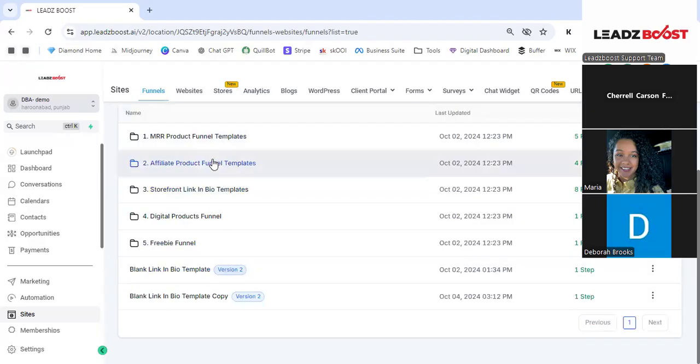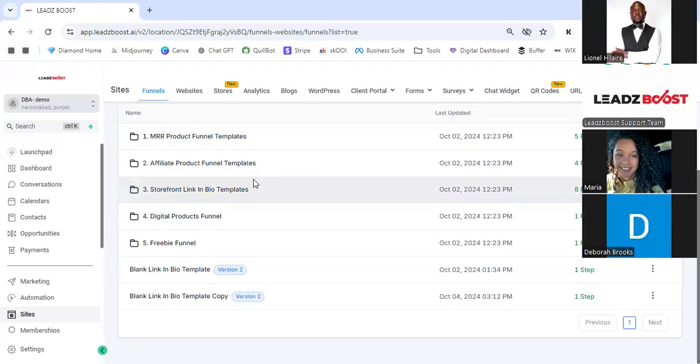So there are just different funnels for you guys so that if you like the look of something, you can always clone it. So say I like the look of